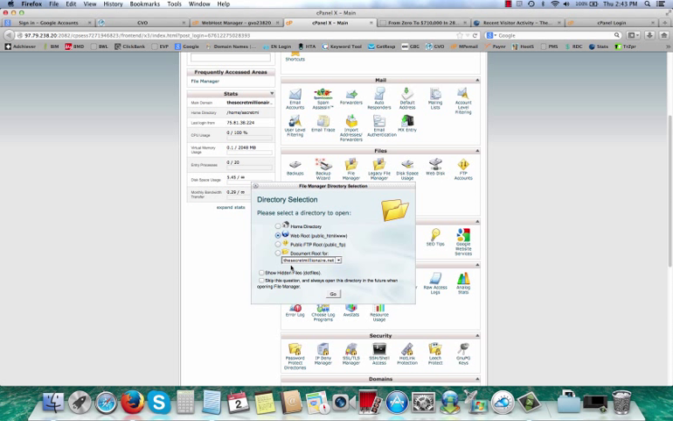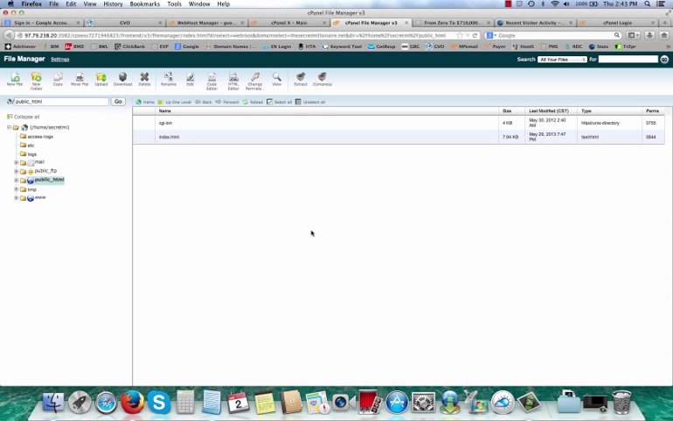All right, so the domain we're working with is thesecretmillionaire.net. I'm going to leave it checked web root. I'm going to click go. Now I'm going to pick